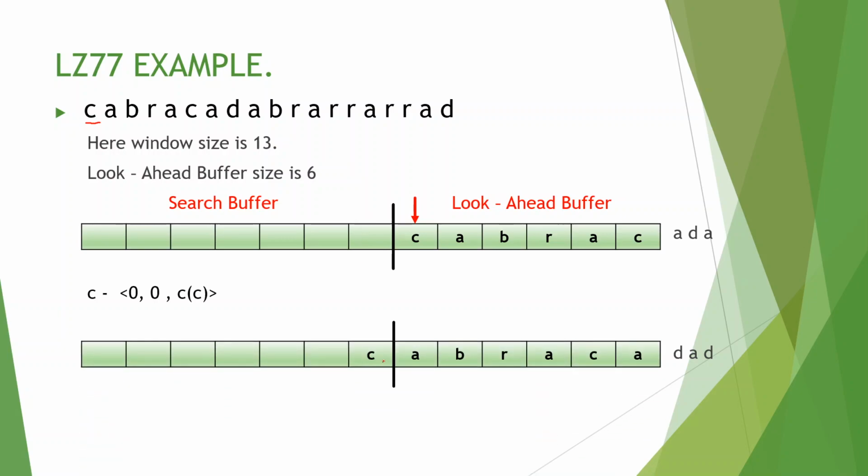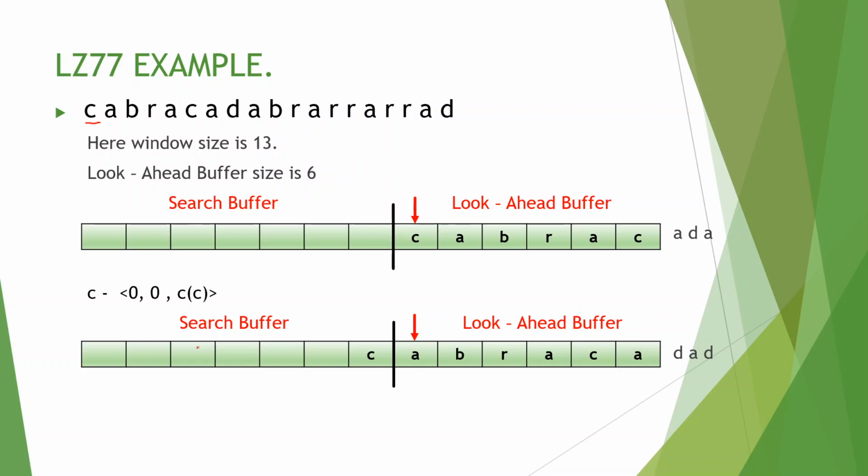Now see here, we slide, which means the sliding window concept is used here. So we move that C into the search buffer, and in the lookup buffer we add a new symbol. Now this is the lookup buffer and this is the search buffer. Now repeat that step. Point out the first symbol of the lookup buffer, A, and search that A symbol in the search buffer. Here in the search buffer the consecutive match of A is not found.